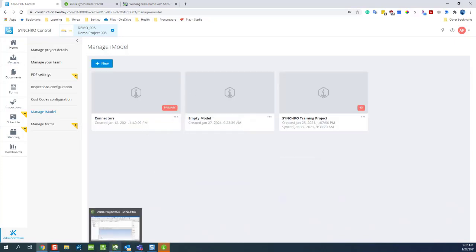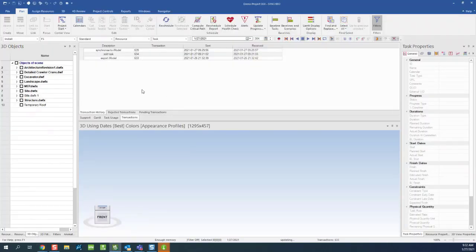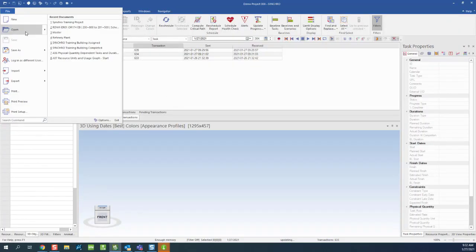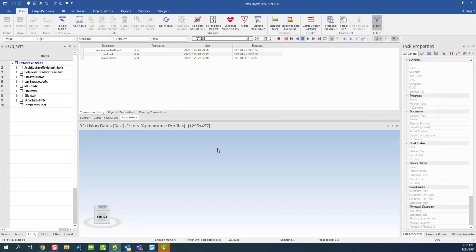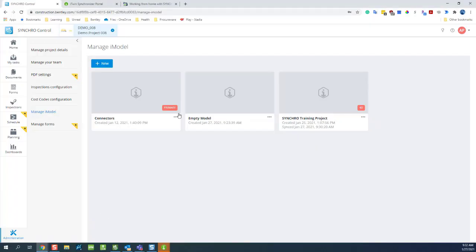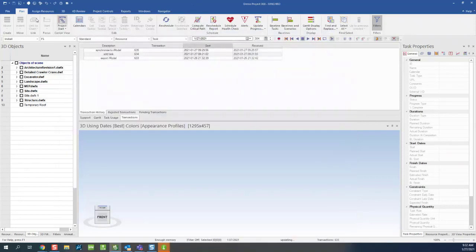But what you can easily do is import a federated NWF file into the native SYNCHRO Pro environment. We have plugins for Navisworks. You can export that as an SPX SYNCHRO project export file and use that to import into SYNCHRO and then upload it to your control environment. If you're working with multiple SP files, so let's say I have one master SP file and different phases of a project in multiple SP files, since you can only upload one SYNCHRO model on the control environment,